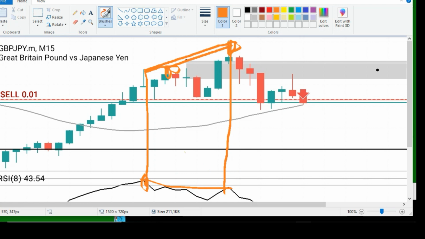And this also gives you another signal that the market is going to reverse, or the move to the upside is done. The bulls are done, they are tired, and the bears are coming in. Everybody is taking profit now. The bears are coming in, pushing the market down. And as you can see here, the market was pushed